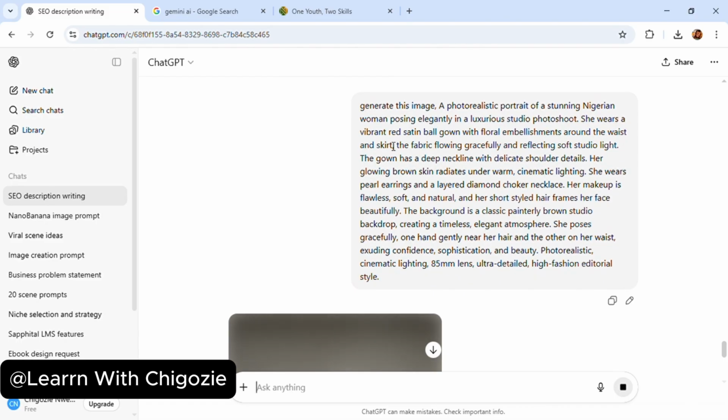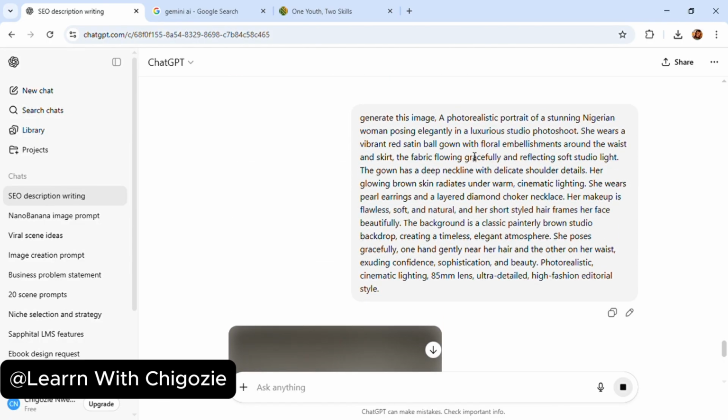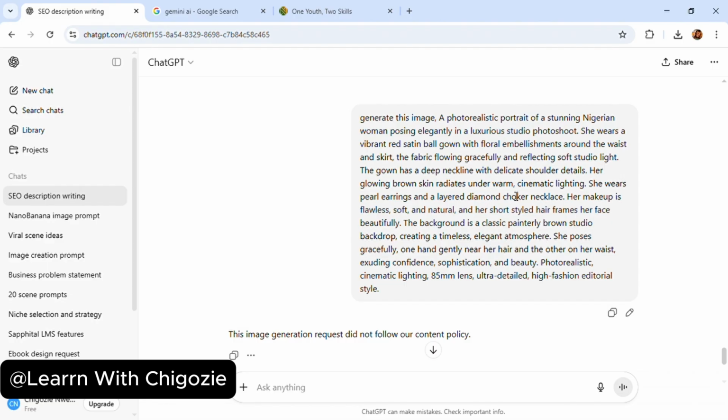Generate this image. A photorealistic portrait of a stunning Nigerian woman posing elegantly in a luxurious studio photo shoot. She wears a vibrant red satin ball gown with floral embellishments around the waist and skirt, the fabric flowing gracefully and reflecting soft studio light. The gown has a deep neckline with delicate shoulder details. Her glowing brown skin radiates under warm cinematic